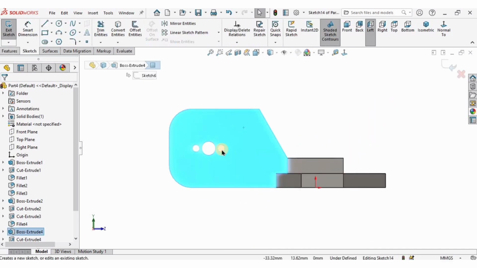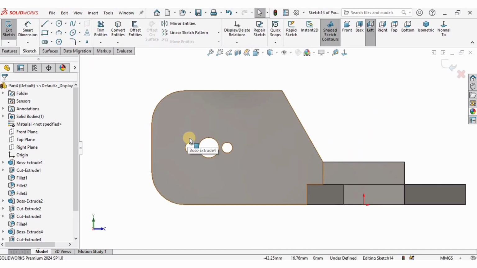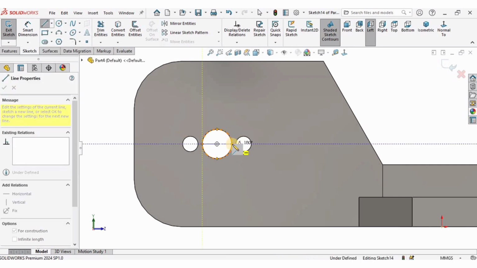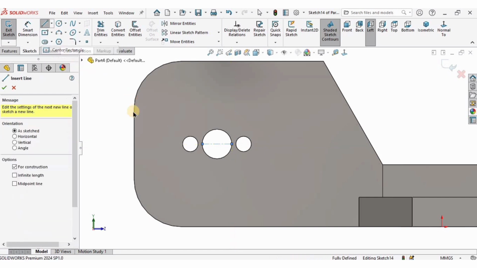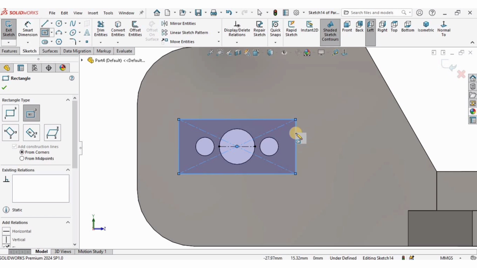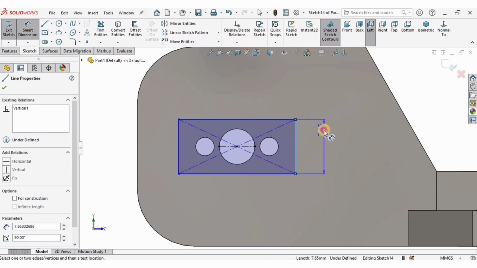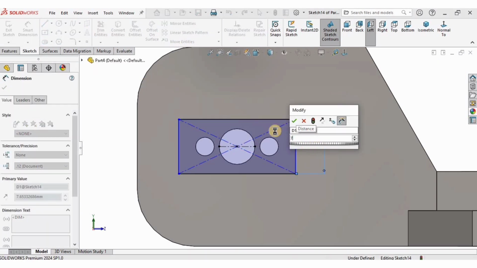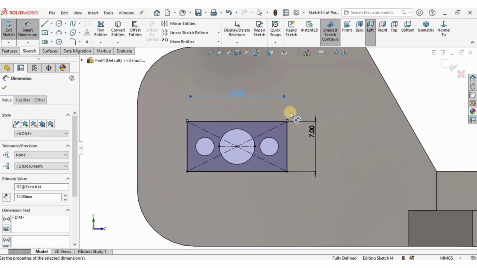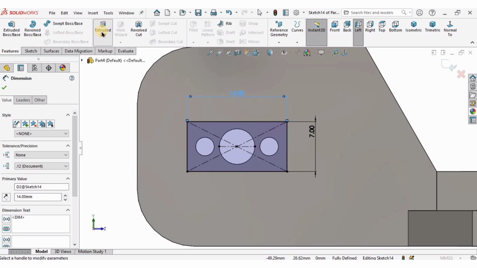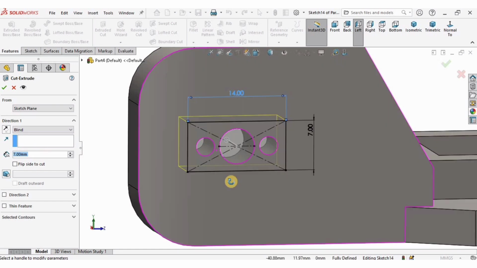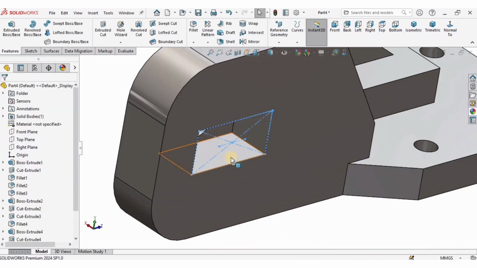Alright, so I will then select this face and click on sketch, and then I will create here a center line from this point of the circle to this point of the circle, and then I will create here a center rectangle using that reference. This is going to be 7, and this is going to be 14 millimeter length, and I will cut it. So I will go to features, select extrude cut, and I will specify the depth of extrusion 7 millimeters, and I will check the box. Okay,